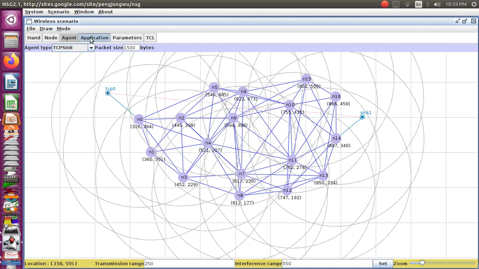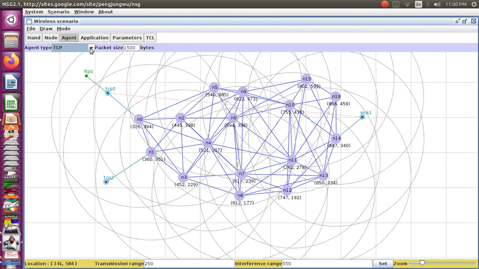Okay, now I need to attach these two. Okay, now coming to the application, I'll be using FTP. Okay, FTP 0, and similarly I try to create another agent TCP